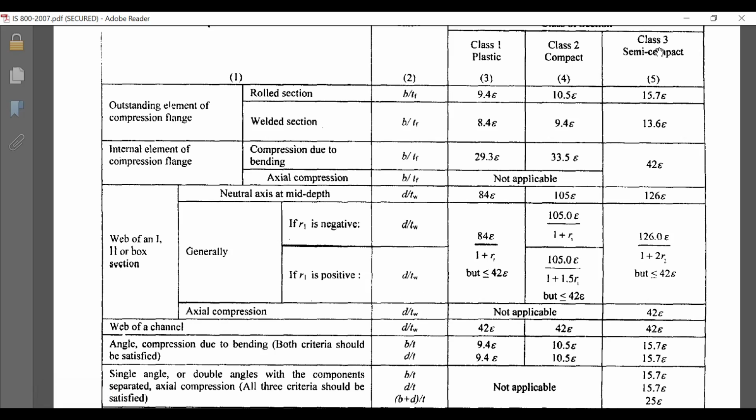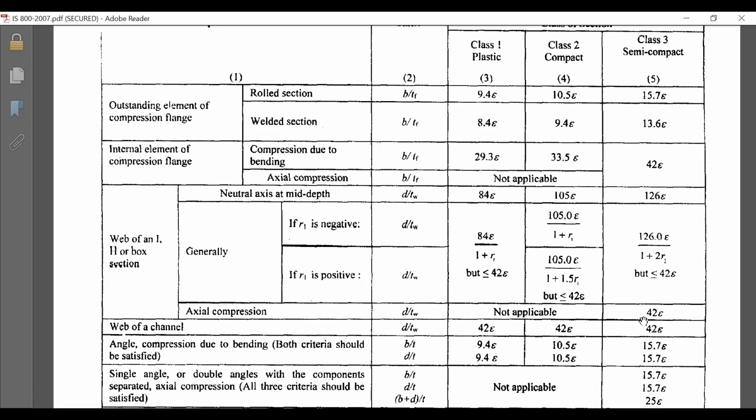So you have to remember all the conditions, that is, B by TF and D by TW have to be checked for any kind of problem. In the design of sections, you have to check the B by TF value and then identify a section. You also have to check the D by TW value, which must be less than 42 epsilon. And remember, you have to check for axial compression only. Compression represents a column, and you have an I-shaped column. So for an I-shaped column under axial compression, D by TW must be less than 42 epsilon.